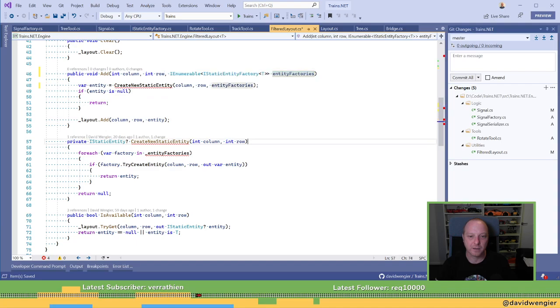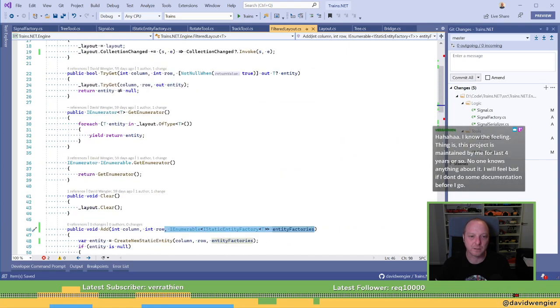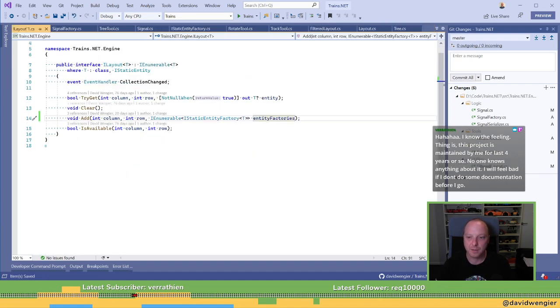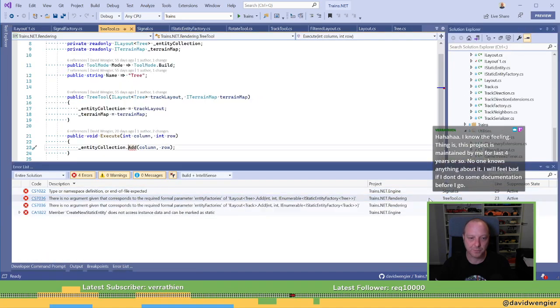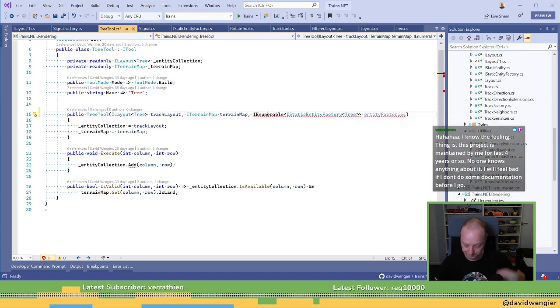Yeah, that's a good idea. That'll work. So I need to add this to the interface there. All right, so now tool, yep, tree tool has broken. Excellent. So this gets tree, which needs to become nature at some point.